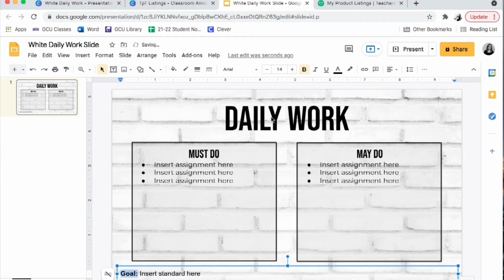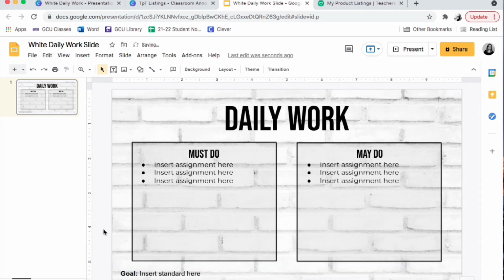Let's see what that looks like with bold. It's not bad, I think I'll keep it. Then obviously people can change that if they wanted to make it italic or whatever they want. So here you have the basic setup of